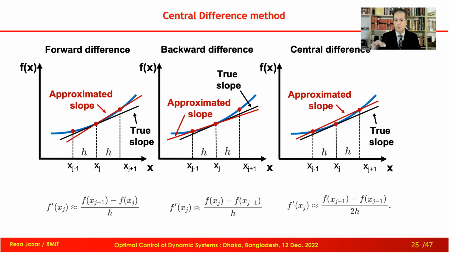So in central difference, which is the right one, we have 1 point in advance, 1 point in the back, and we do not care about the point at the middle, which is the interesting point. These 2 points together are going to get close to each other. Okay, so that central difference method is what I'm going to use.